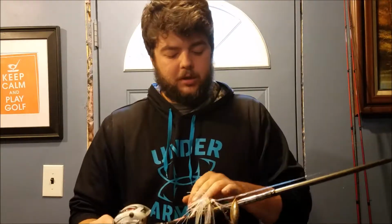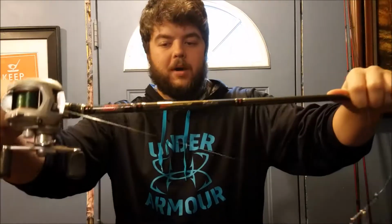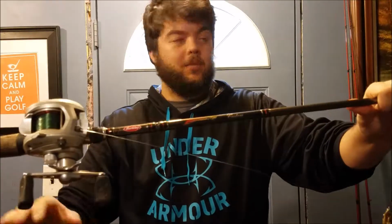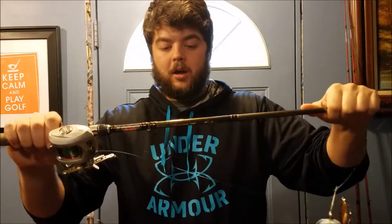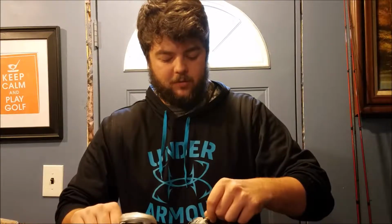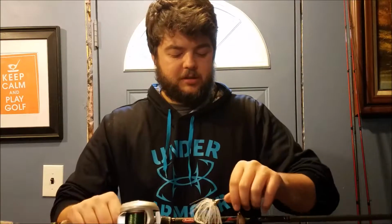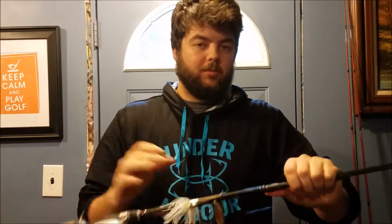Now this rod is a Berkley Lightning Rod custom. I did buy this at Bass Pro. This was a combo. I really like the split handle in it. It's a nice light rod. It is a 6-foot 6-inch medium power with a moderate action, which, if you guys are worried about getting so many rods for different lures and such, this actual rod,